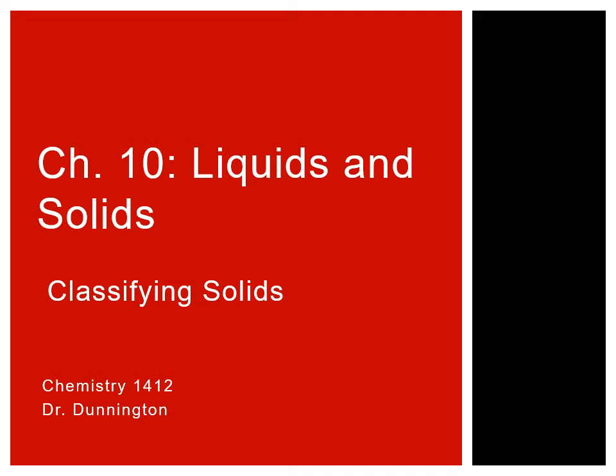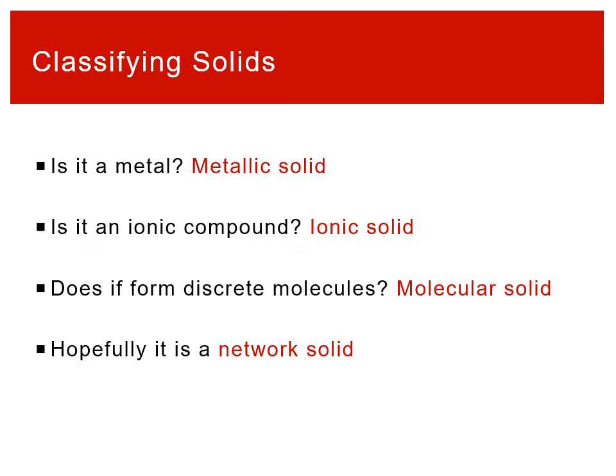Last thing we want to talk about with solids is classifying solids. So we know that the relative properties of a solid, like is it really hard or probably not very hard, can be predicted based on the type of solid it is. So is it a metal? Is it ionic? Is it molecular? Or is it a network solid? And so we want to be able to classify our solids. If you're given a molecular formula, make some predictions